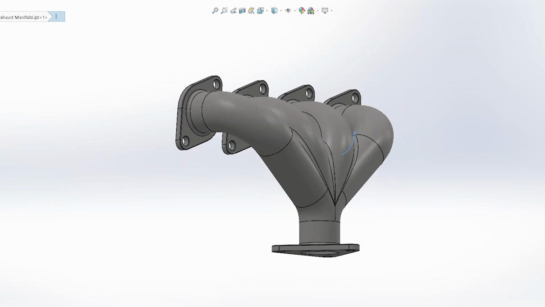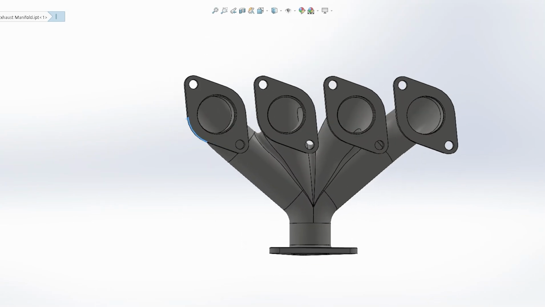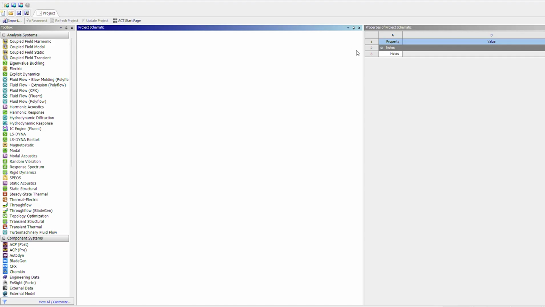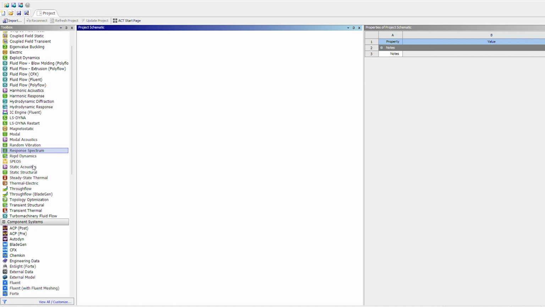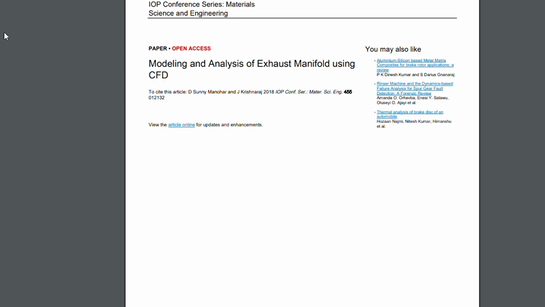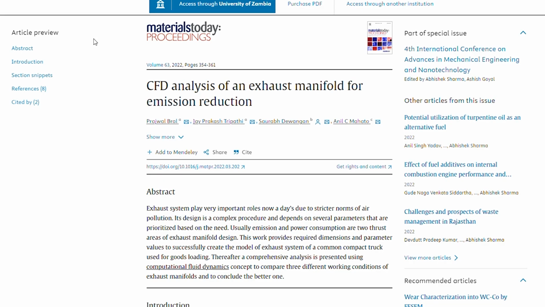So the first thing that was needed was to design a 3D model on SolidWorks. With ANSYS, it has a lot of analysis systems that will help you decide which system to pick for your analysis. This mostly depends if you're going to do a static structural, heat analysis, vibration analysis, and so on. There are a lot of analysis systems in this software. For reference, I'll be using articles and research papers that are already written in the CFD analysis related to an